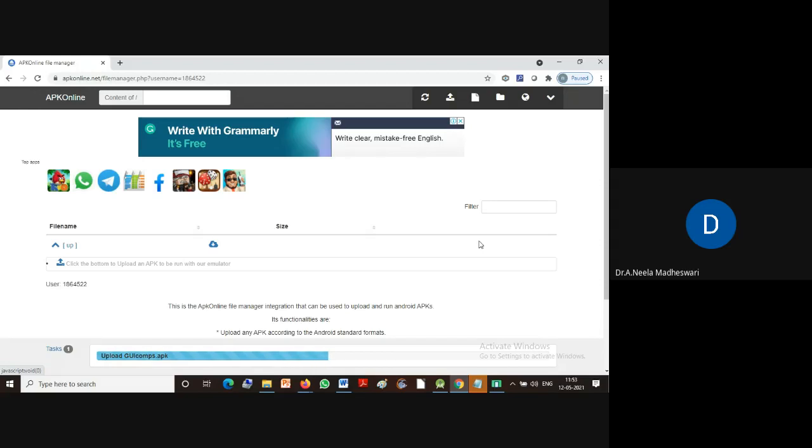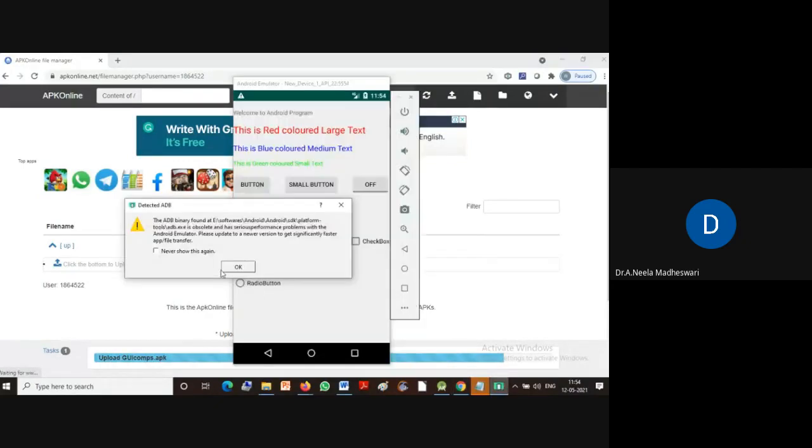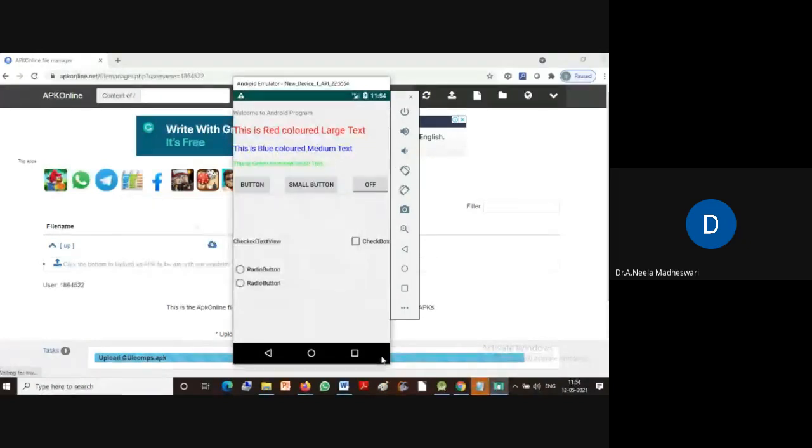If you want to upload more number of APK files also, it is possible, but it will take a good amount of time based on your system configuration as well as your internet data.